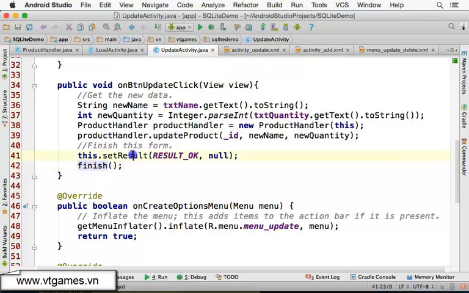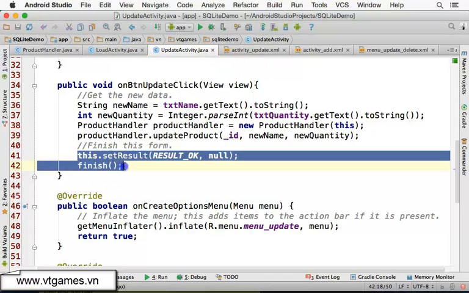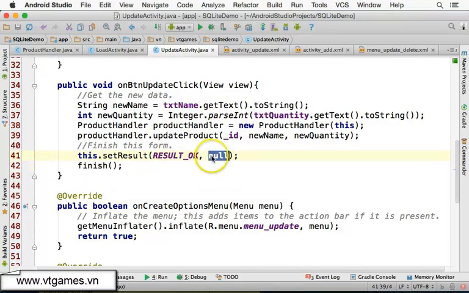About the finish and set result, please watch my intents class already. We don't send back data. You can send back the data if you want to. You can take this new name, new quantity, send it back and take it over there. So when it's updated,